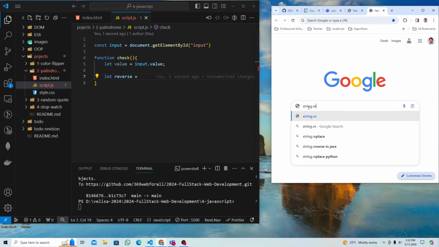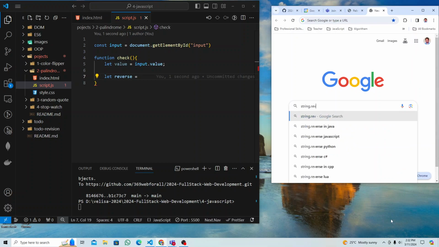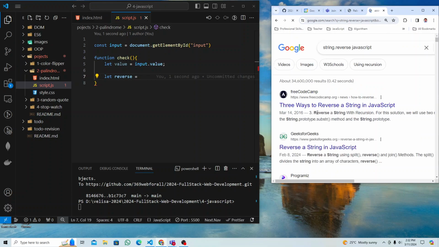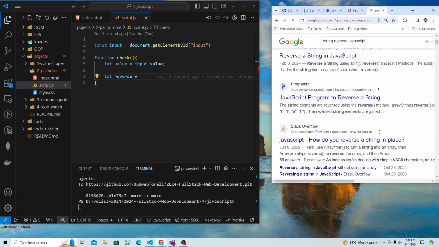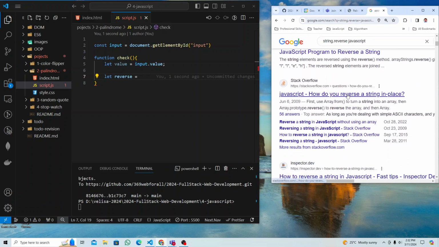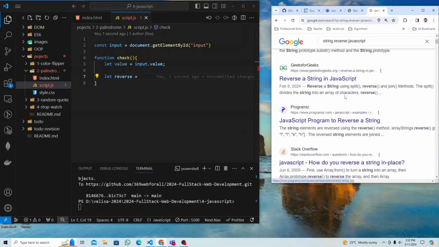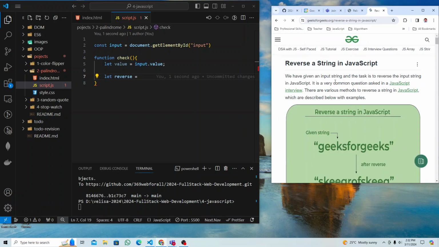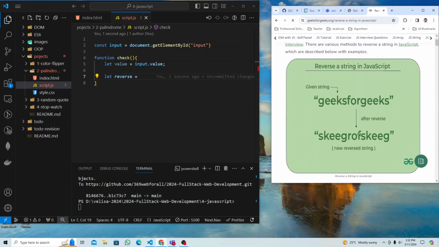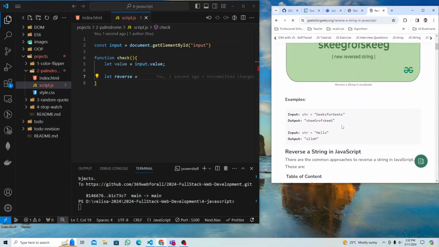String dot reverse in JavaScript. So this is the given string, and reverse it like this, and that's the input string,